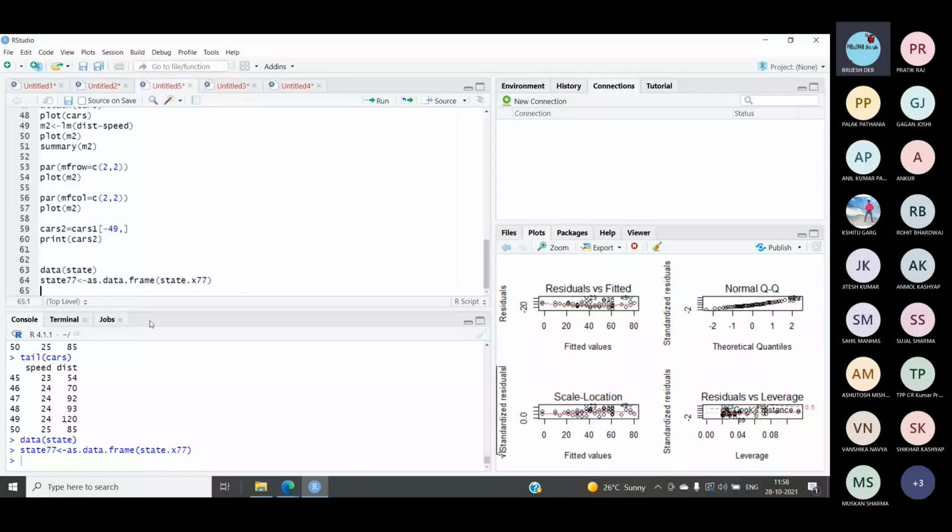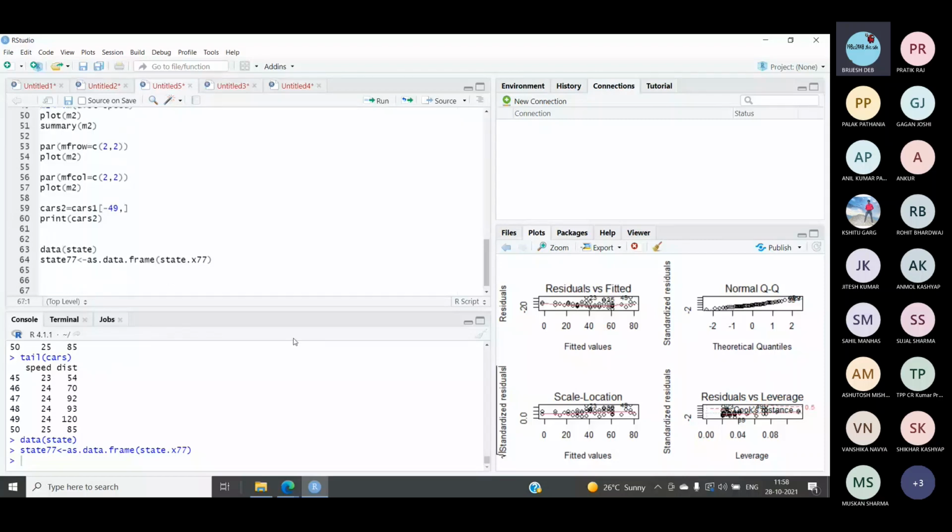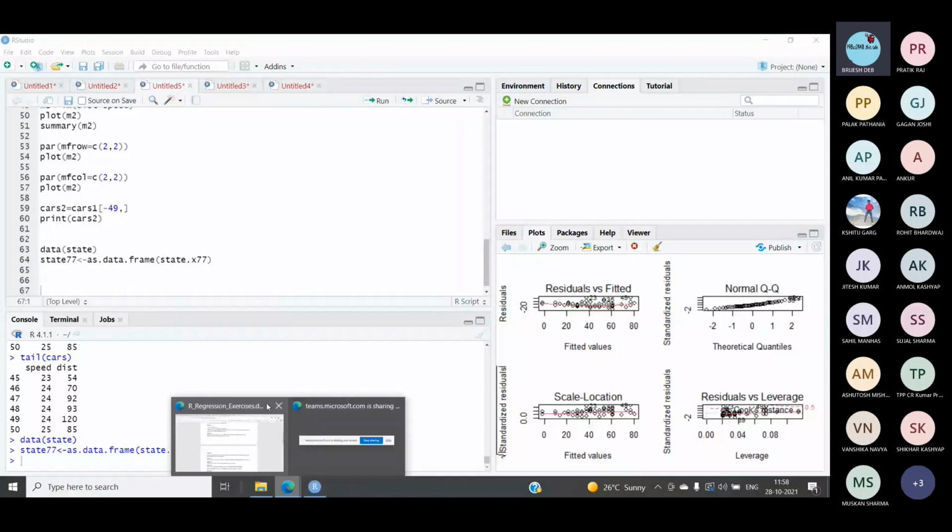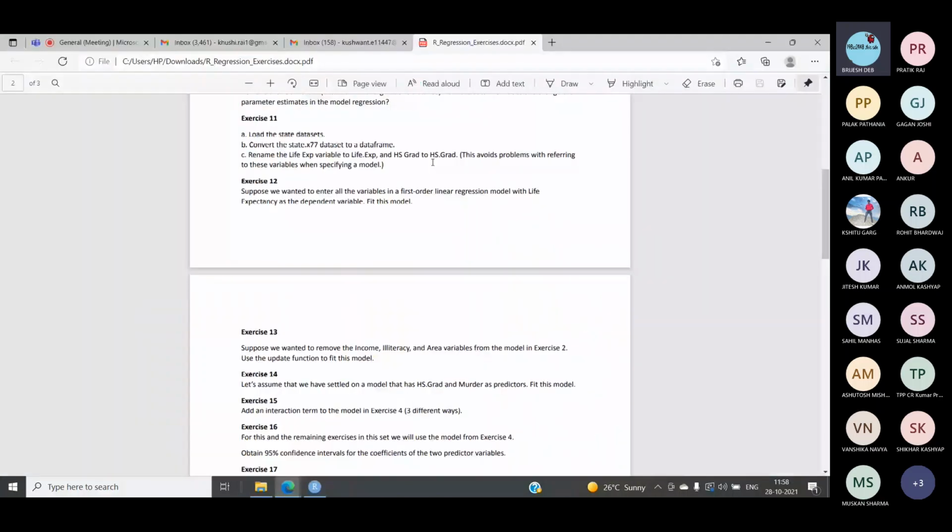Now let's look at the C part. It says rename the life exp column to life.exp and hsgrad to hs.grad, to avoid problems with referring to the variable when specifying a model. That's the reason it gives. So this is again very easy.